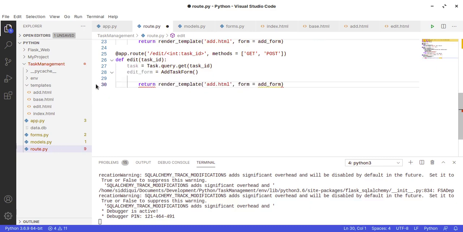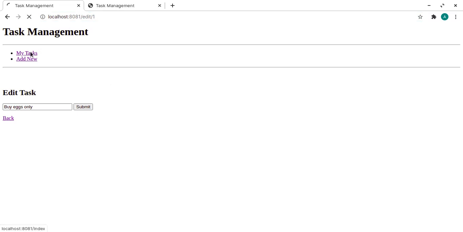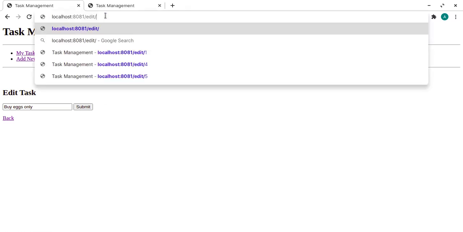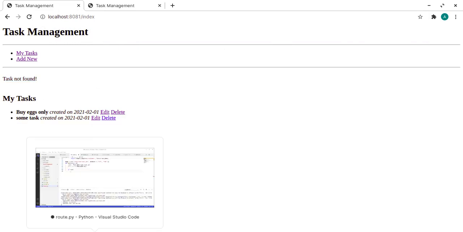Okay, then we can say, this thing I will remove first. Let's remove all. Okay, do it from fresh. I say if task, it means if the task exists, because it may be possible that the task will not exist. Like if I go to the main application, if I create edit, right, it's 1. If I put, let's say 12, what will happen? Task not found. The database doesn't find any task with the ID 12. So we have to handle this.